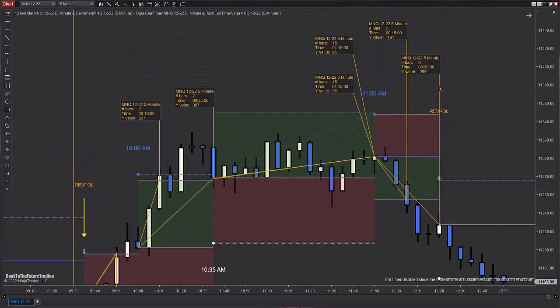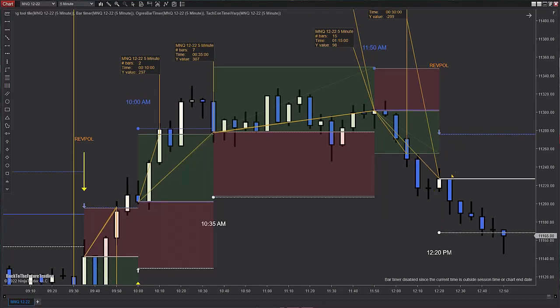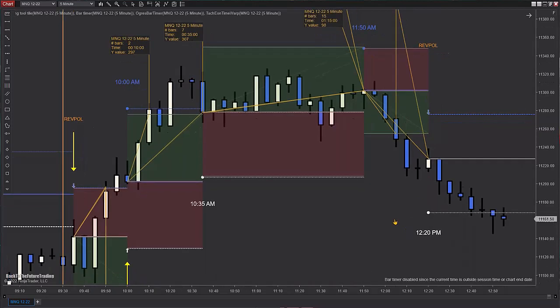Let me move this over so we can see it a little bit better. This is a white bar at a white dot. So that's our rev poll. We're actually going to sell this. It's pretty cool on the 5-minute chart. You can see when these things are coming. Technically, these rev polls and this little arrow are not actually going to print until the close of the next bar. But I've been getting in as soon as I realize it's a white candle with a white dot. So we would enter one runner.